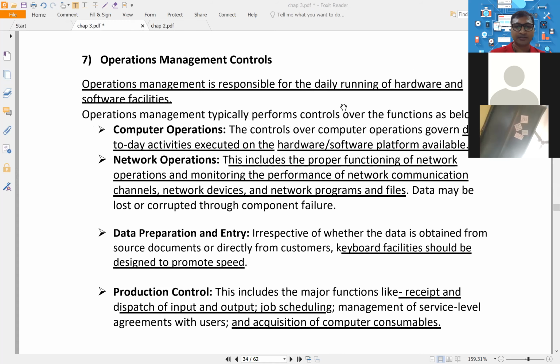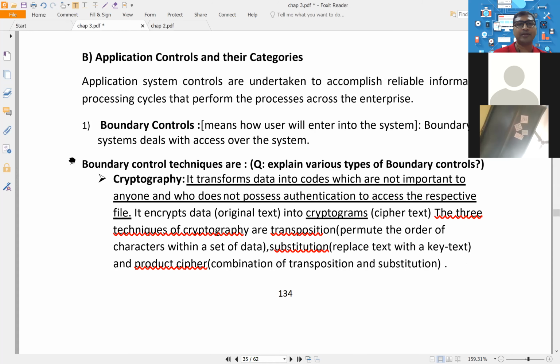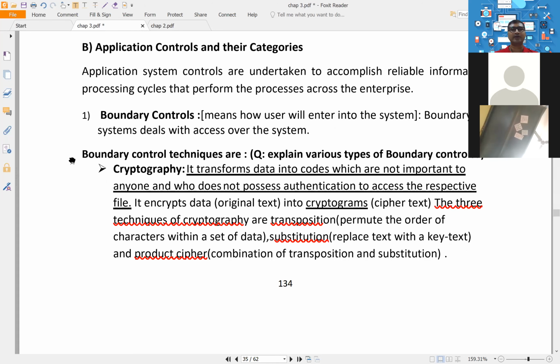So after this, the next point, application controls. Now understand, when I talk about application, you should understand here we are going to thoroughly check the application, how application works. Now first thing which you are going to check,